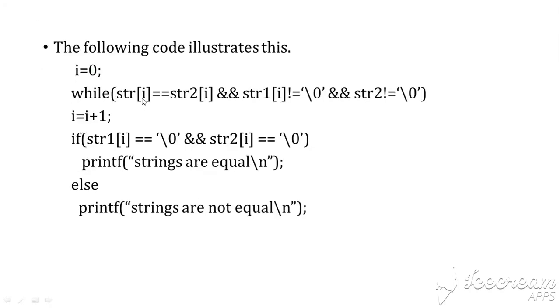So while str1 of i, the first character of string 1, is equal to the first character of string 2, and as long as we have not encountered the end of string 1 and the end of string 2, we keep on proceeding to the next successive characters. i is equal to i plus 1 takes you to the next character. If str1 of i is equal to null and str2 of i is equal to null, these check if you have come to the end of both the strings, because individual characters at all the places have matched. It means that the strings are equal, without which